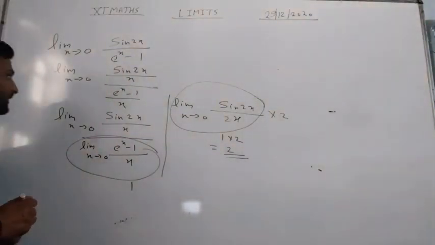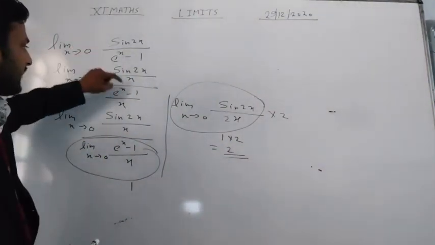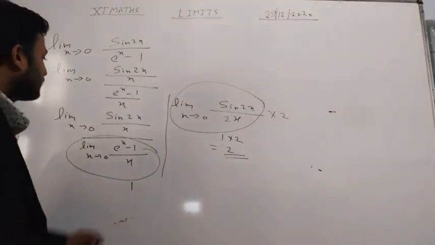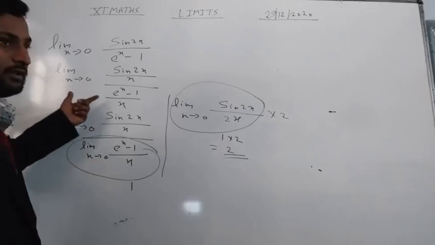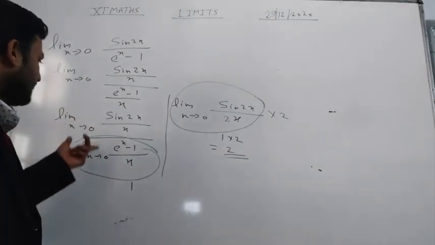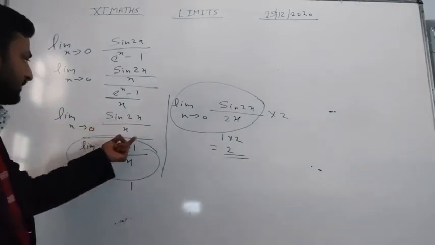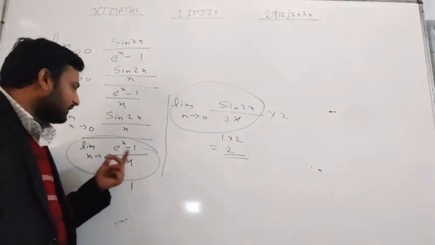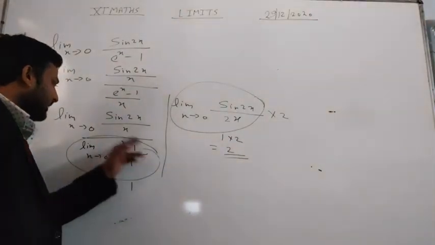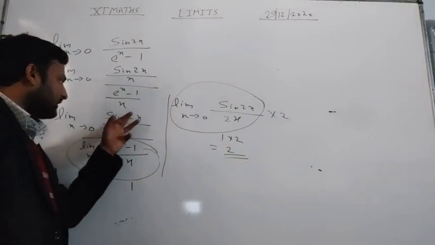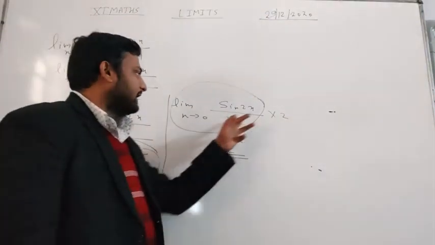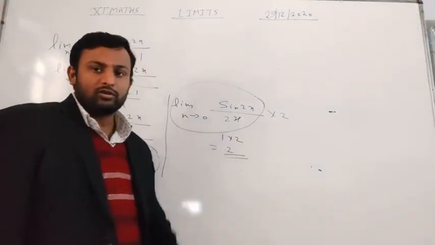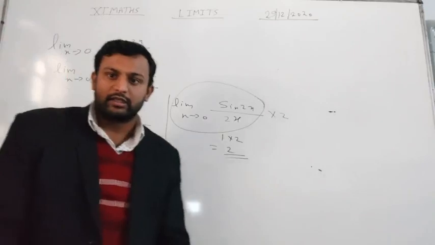So let's see once again. This is our question. We have divided here with x and in the denominator also with x. Now student, we are taking limit separately in numerator and denominator both. So we write sine 2x by x, limit x tends to 0 e to the power x minus 1 by x student. Now this part is equal to 1 and limit x tends to 0 sin 2x by x, so we multiply and divide with 2. We are getting that this part is 1 and this is 2. So we get our result. I hope you understand, students.